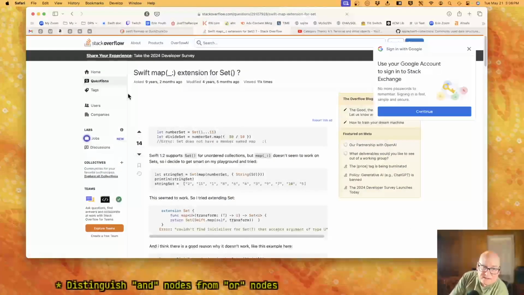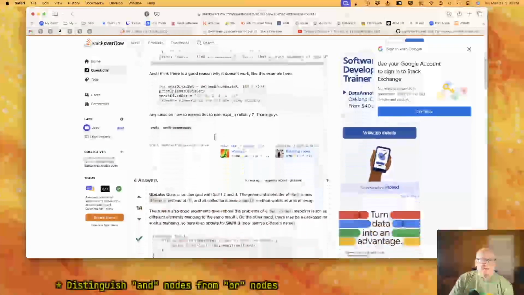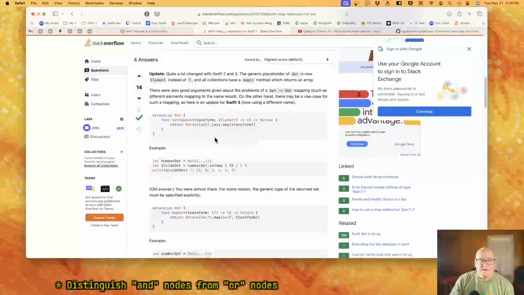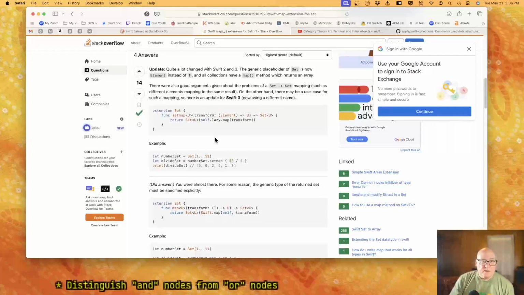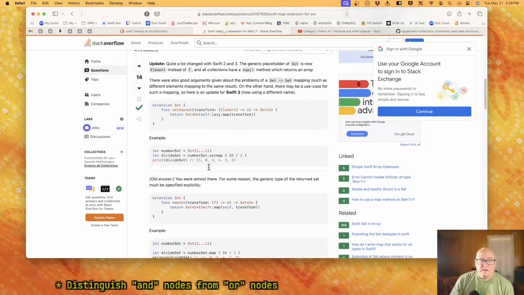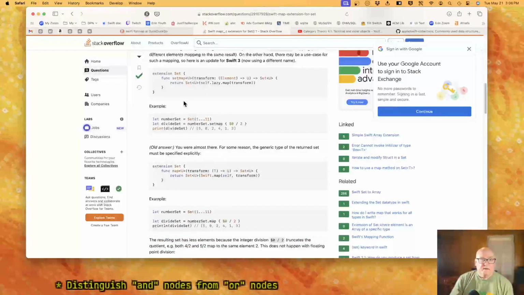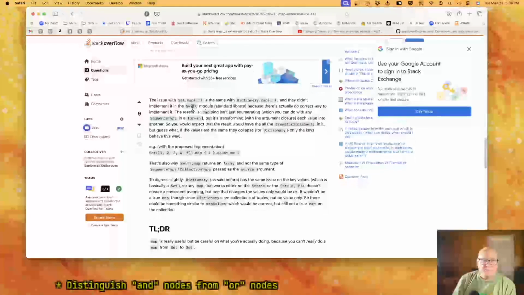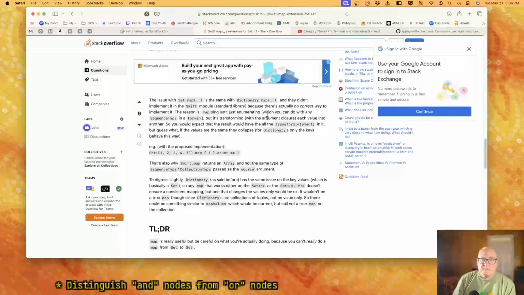That's good. Collections have a map which returns an array. Well, that's his version. Okay. There's no correct way to do it.